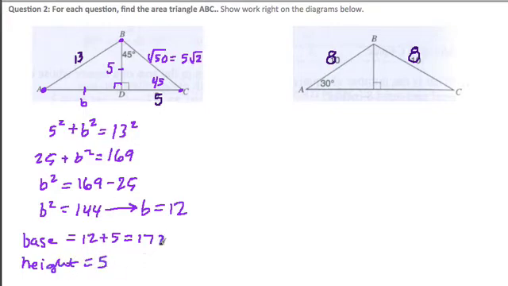So now we combine these two, and we get base times height divided by 2. Here it's 5 times 17, well, it's 85, divided by 2 is 42.5, and that's the area of our triangle. Right, so we have that, and next we have a similar kind of scenario, but we're going to use different